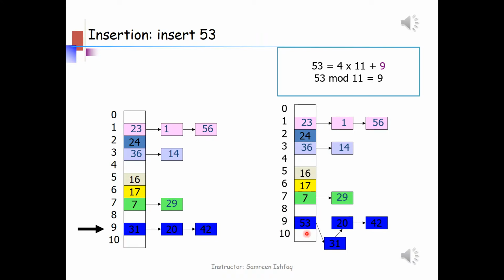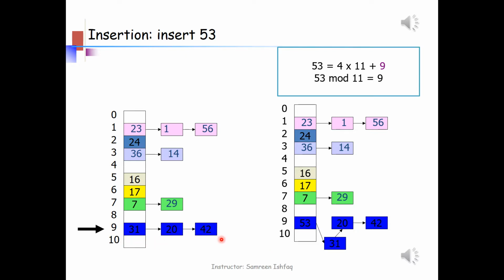This is because if we try to insert an element at the end of the list, for example, if we try to add 53 after 42, this will take time and is inefficient because we need to traverse the whole list. Adding an element at the start of the list is efficient, but inserting any element at the end of the list is inefficient because we need to traverse the whole list.